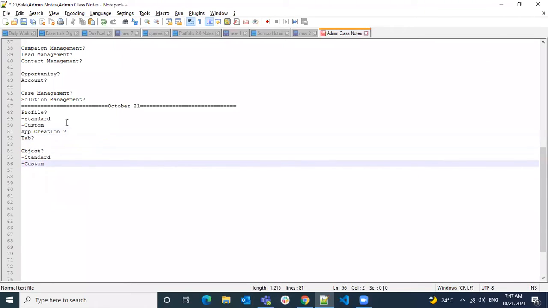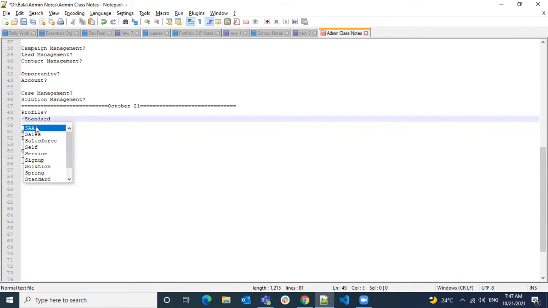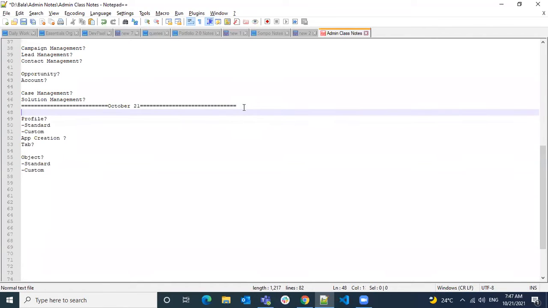Okay, first thing, whatever we explain in admin, mostly they're divided into standard and custom. That will be more common. So first we will understand what is a standard and what is a custom.